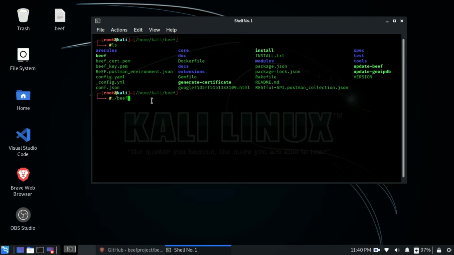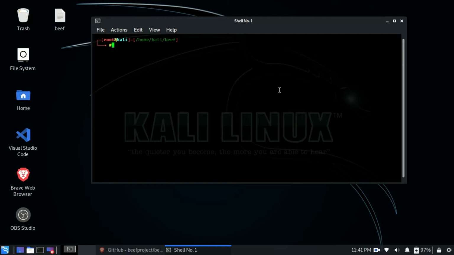In the other method you can directly install it from the repository of your Linux distribution. Let's say for instance I am using Kali Linux distribution. In Kali Linux BeEF framework comes pre-installed from a very old time, so we do not need to worry about that.